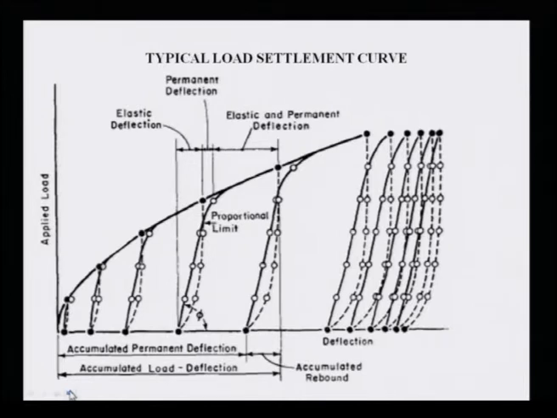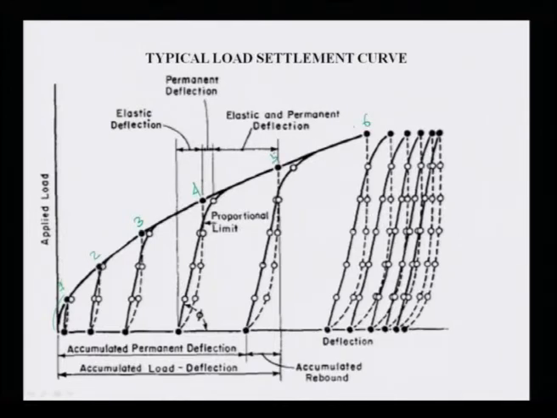If you look at here, from here to here, load has been applied by means of a hydraulic jack. Then once it gets stabilized, there is no more deflection by the dial gauges, say the rate of deflection is about 0.02 mm per hour. Suppose this is the first increment, this is the second increment, this is the third, this is your fourth, this is your fifth, this is your sixth.